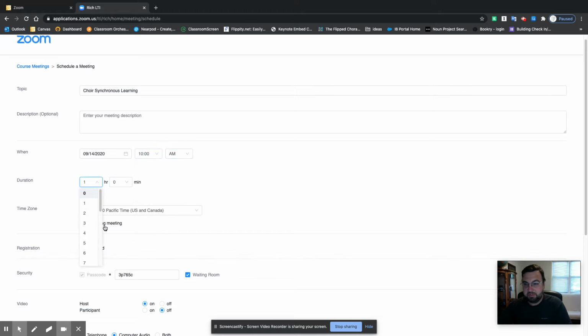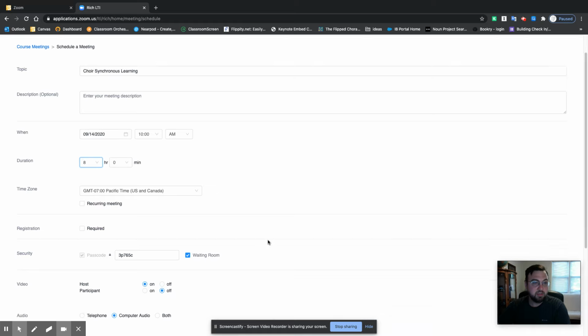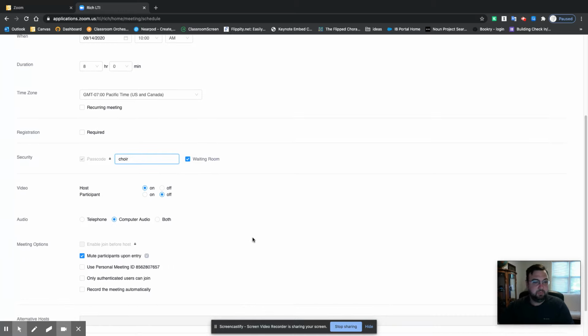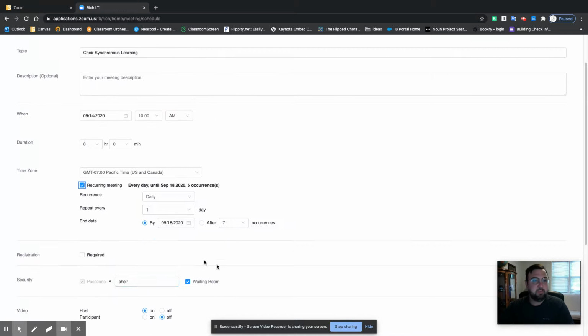And then this is where we start to diverge a little bit. We want to set this to just be an all-day meeting because we're going to use the one meeting for all of our subjects. And how you make that a little bit less complicated for your students in terms of how they're getting in and out of that meeting, I'll show you in a bit. So we've got our meeting set up. We give it a password. And then we are going to make it recurring,